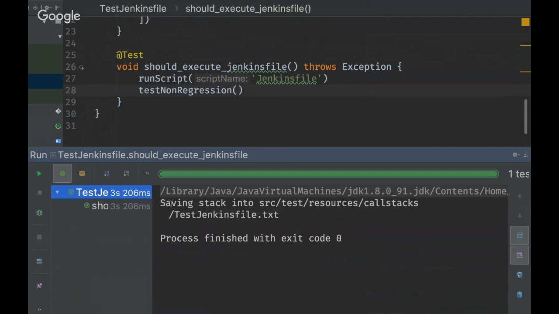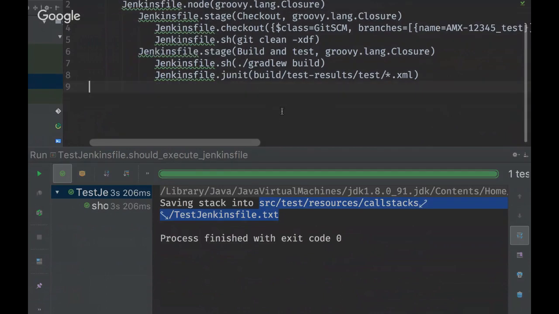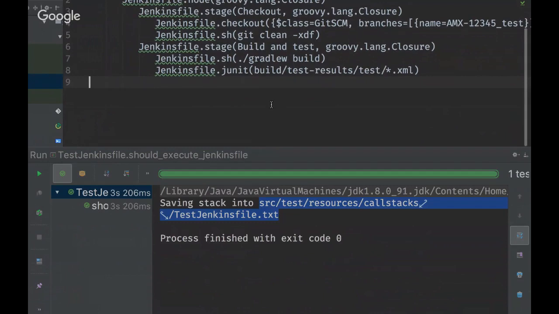Okay, it said saving stack into blah, blah, blah. Let's see what it is. Yeah, it's the exact same thing. Okay. So let's take this